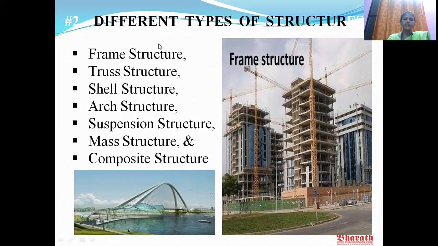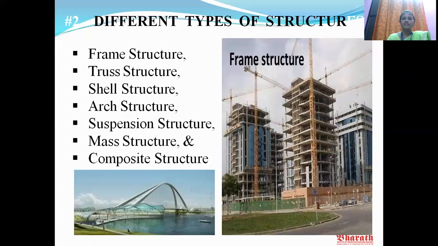If you come to the framed type of structures, a best example is RCC framed structures. In RCC framed structures, all the beams and columns are connected together. Whatever loads come on the structure are transmitted to the slab, then to the beams, then to the columns, and simultaneously all the loads are finally transferred to the foundation. This process occurs in framed structures, so this type of structure is called framed structures.